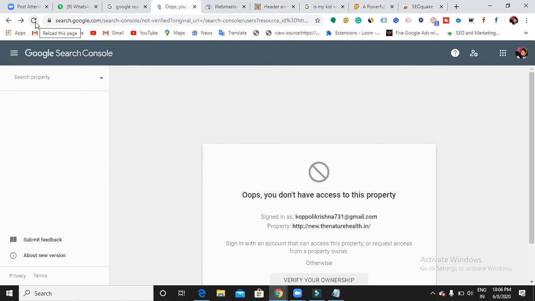Now Meena, in your case, from your end, you can happily add the property into your Google Search Console with your Gmail ID. I have completely removed it, so there is no problem. You can do it from scratch, like adding the HTML tag in your website. With Search Console you can see the data, the queries, how many clicks and impressions, the CTR, and you can submit the sitemap as well. You can also see coverage issues, like any errors.